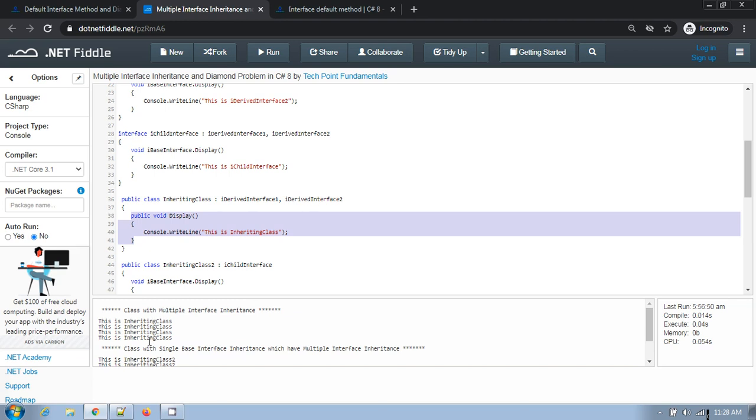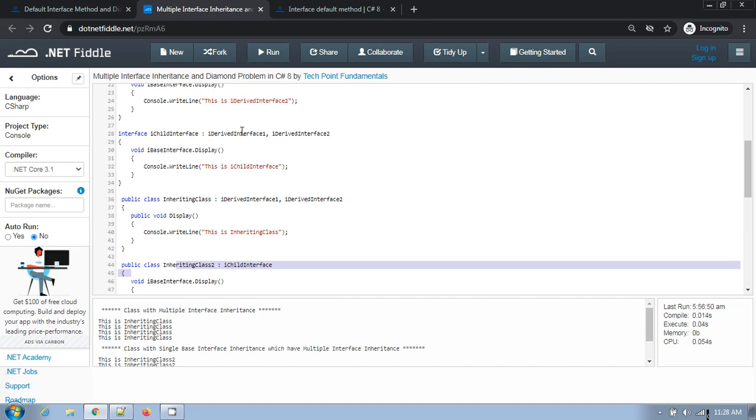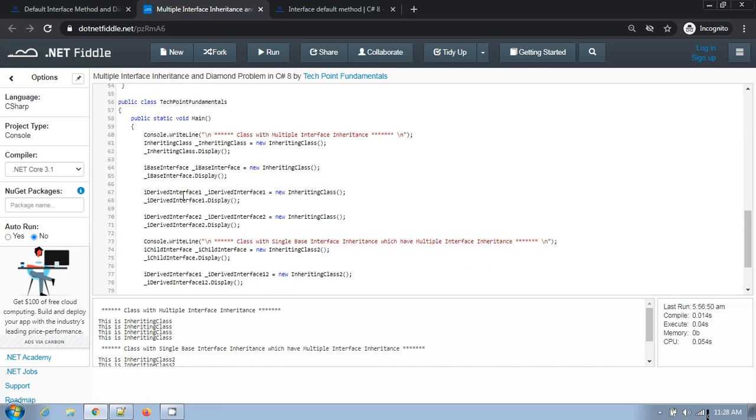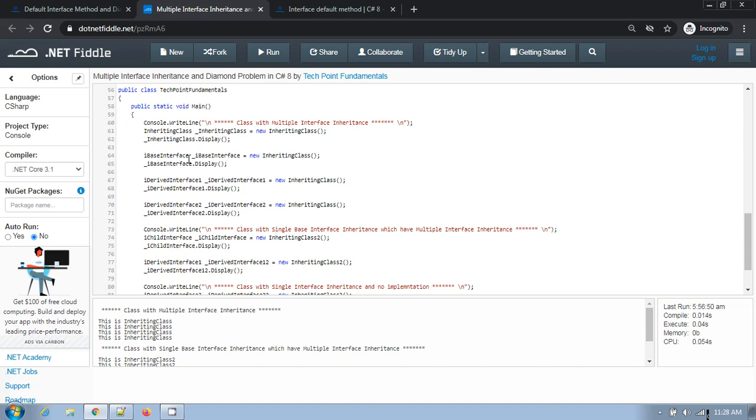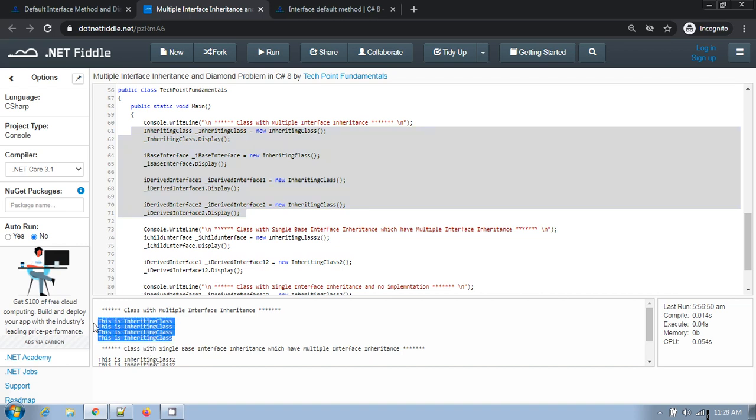If you create the reference variable for I derived interface 1 or I derived interface 2, here I have created the reference variable for I base interface as well, and also I derived interface 1 and I derived interface 2, right? And for all these reference variables, it is calling the same member which is written in the class.